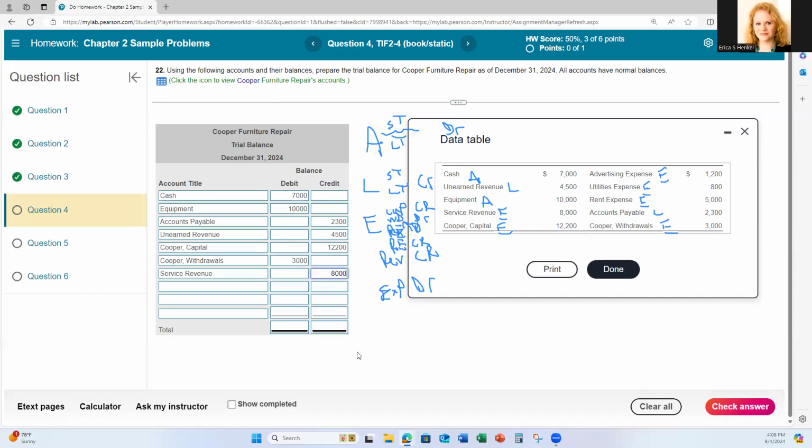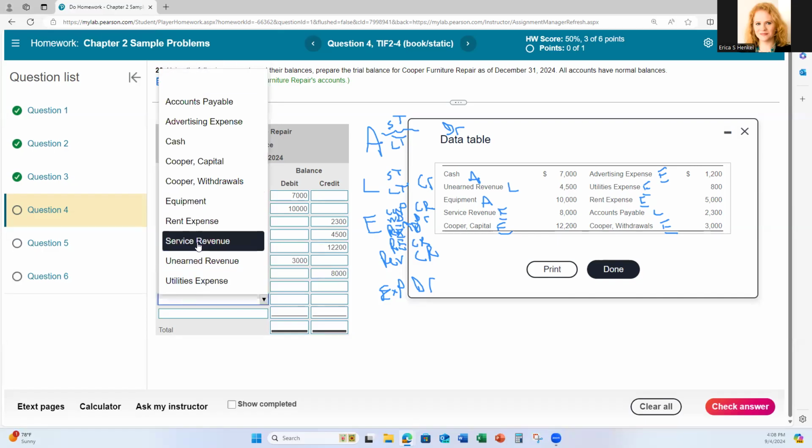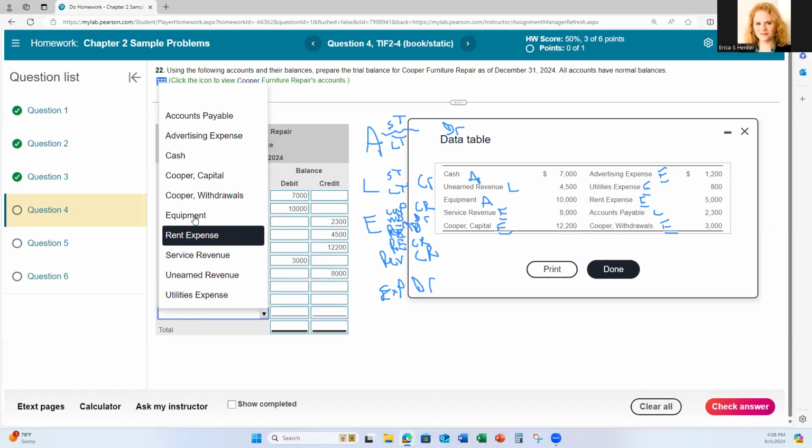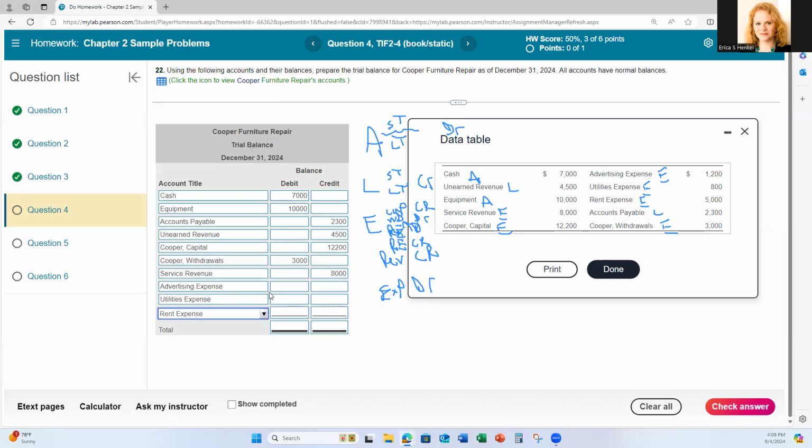Let's see, does it say anything about order on those? It does not, so I'll just go advertising, utilities, and rent, just like they have it. And those are debits, they reduce equity, so